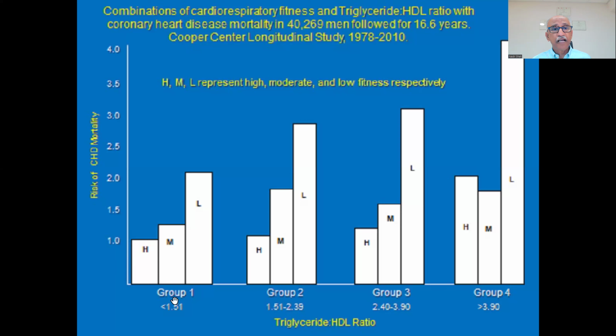If you see that, TG over HDL ratio less than 1.51 with high fitness, the hazard ratio for mortality is 1. But if you have moderate fitness or low fitness, it means you are not active, you are not very athletic, you are not doing any kind of exercise, not even a brisk walk. You don't have to hit the gym,